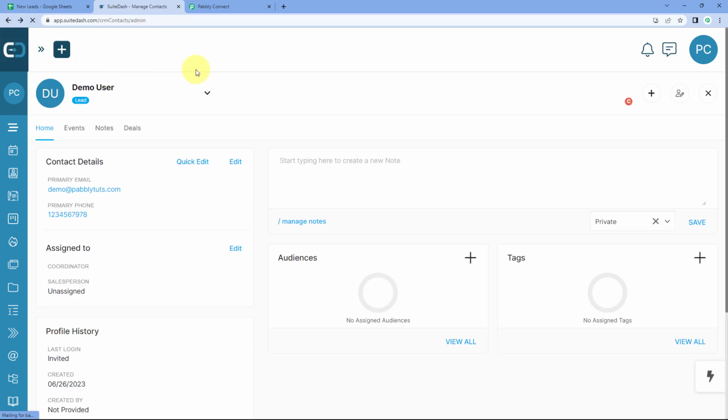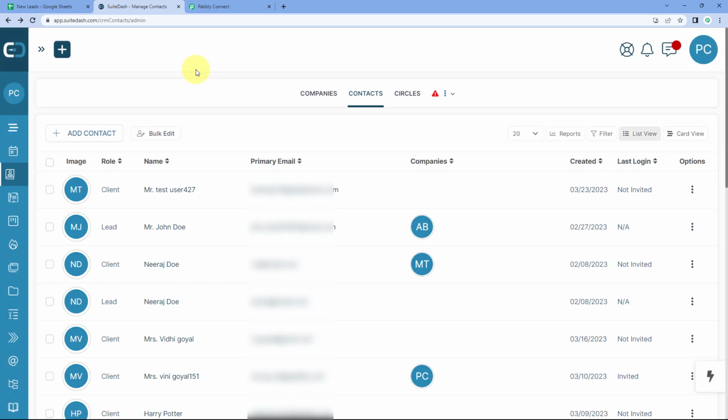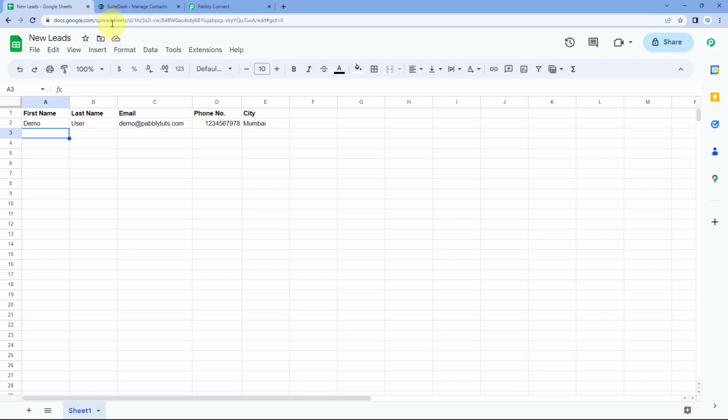Now here guys, after setting up this automation, let's test this automation workflow once. We will go back to our Google Sheet and we are going to enter the details of a new user. For example, the name of the person this time is test user. This is the email address of this user. And this is the dummy mobile number which we are going to enter. For example, this time the city is Delhi. So just now in our Google Sheet, we have added a new row of user details. And we will see as we add these details, instantly, automatically within seconds, with the same details, a contact will